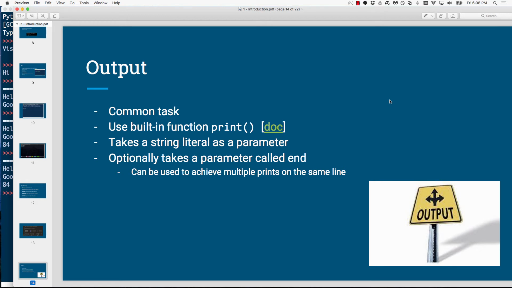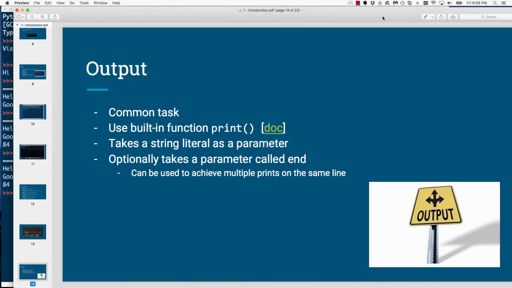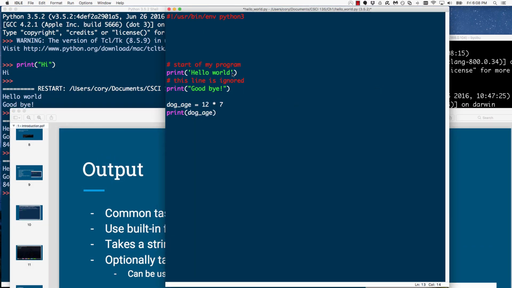Okay, so that was input. Or I'm sorry, that was output. It's a common task. We're just going to use this built-in function print, and it's going to take that string literal as a parameter. Optionally, it can take another parameter called end. You may have noticed that when we were looking at the IntelliSense. That's a way that we can achieve multiple prints on the same line. Notice when we did our prints here, each one came out on a new line. So if we didn't want that to happen,